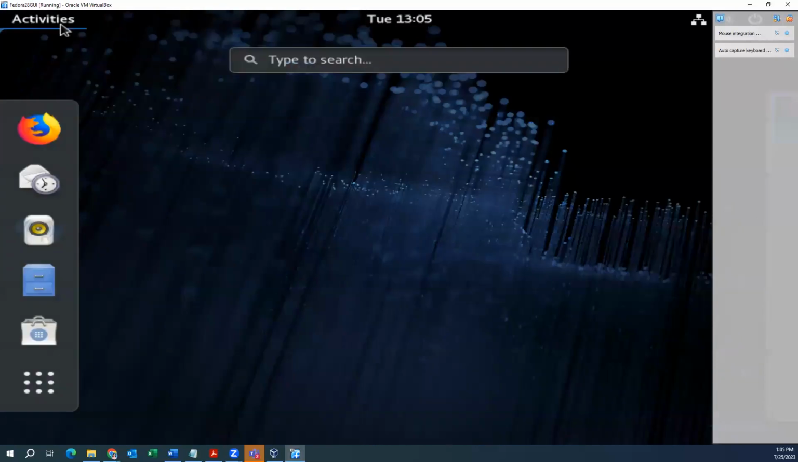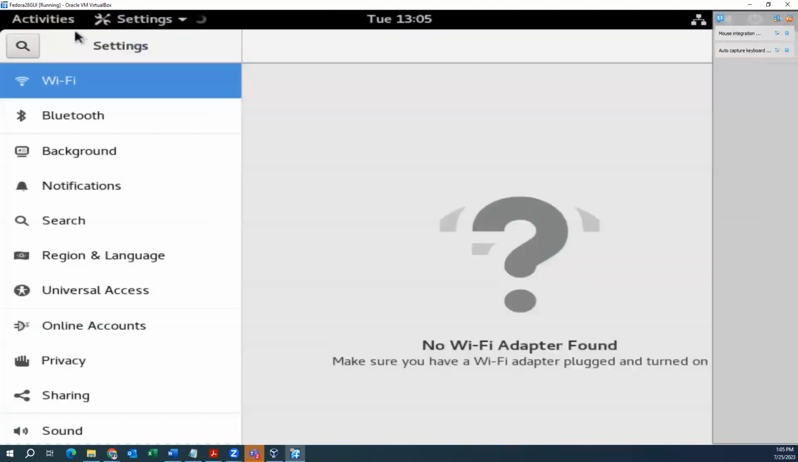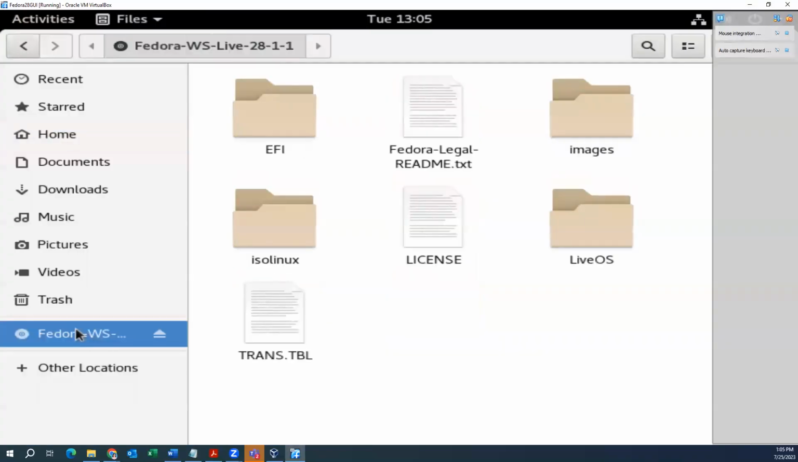So now I'm going to go to the settings. And then I'm going to go to the files. Here I now see the Fedora one. Okay, so the Fedora DVD is here. Okay, so now I do see it. So what I'm going to do is I'm going to run